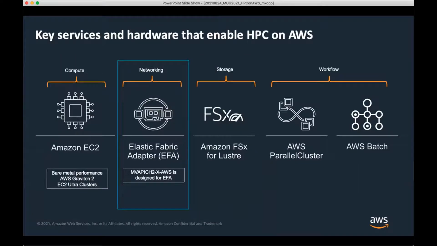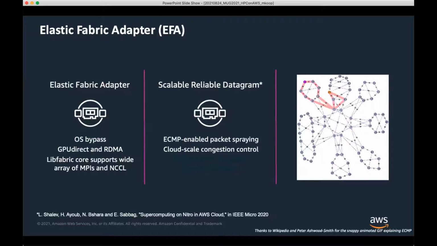So that was a little bit about EC2. And the next part I want to talk about is Elastic Fabric Adapter, or EFA. EFA is really the AWS cloud way of doing high performance networking.